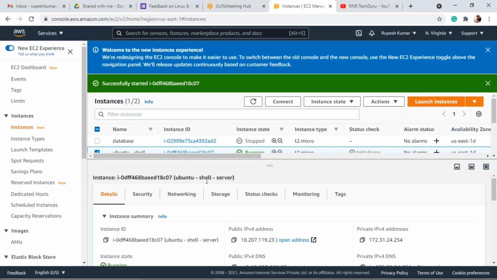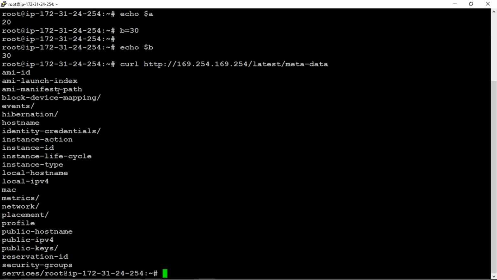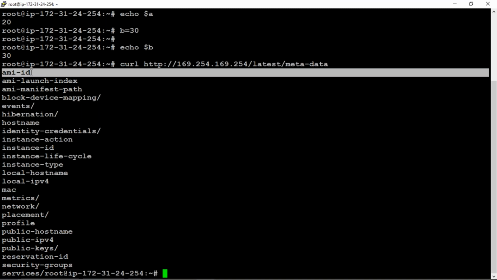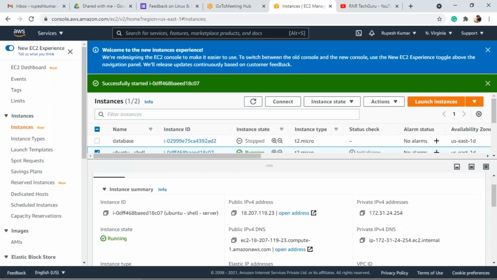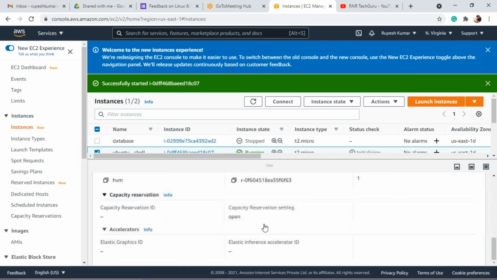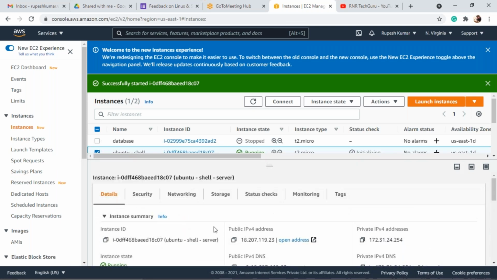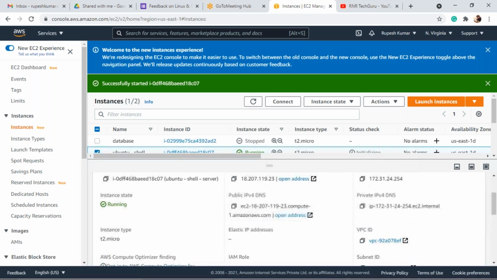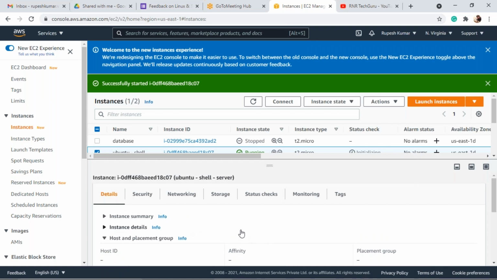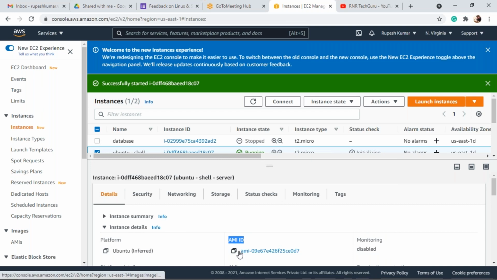Now we need to find out these details. The AMI ID is here. This is the AMI ID.